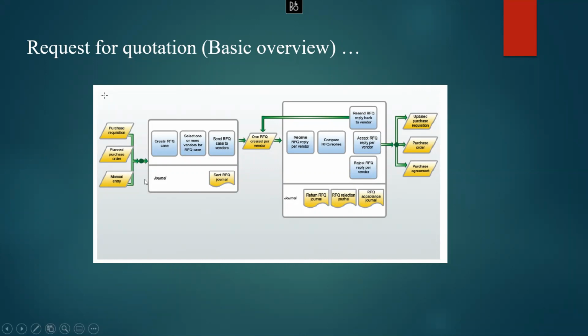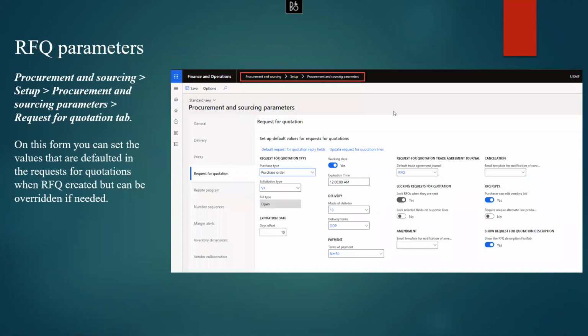So we'll try to create the request for quotation manually. Rest all the process is same as we discussed. Coming to RFQ parameters. So procurement and sourcing in setup and procurement and sourcing parameters, we have a special dedicated